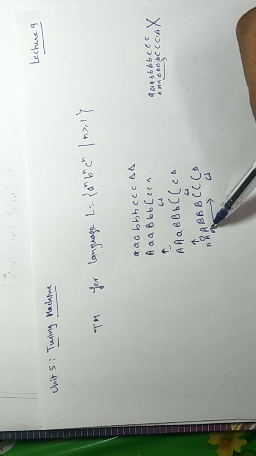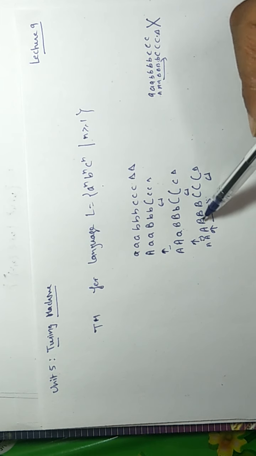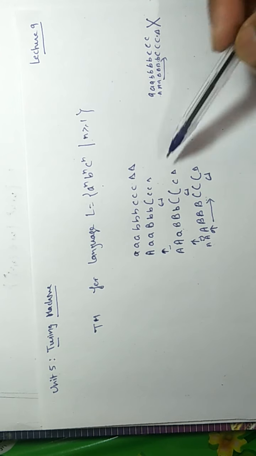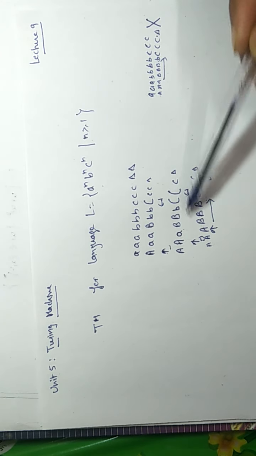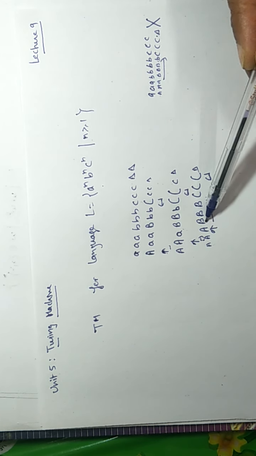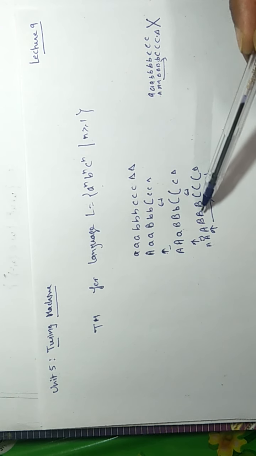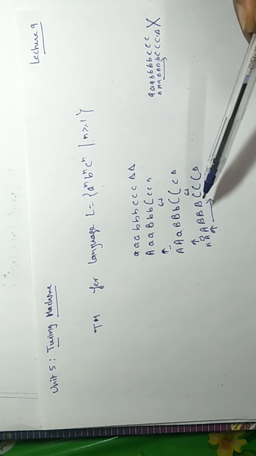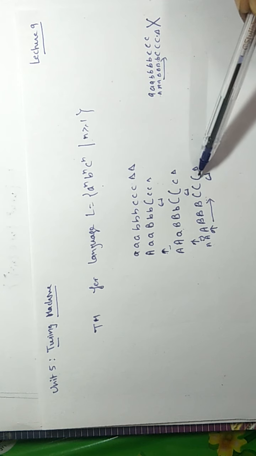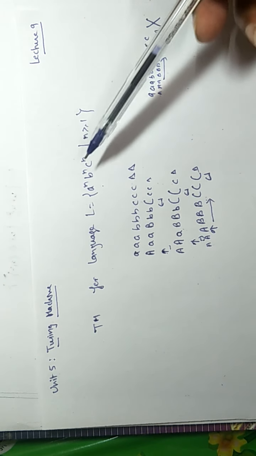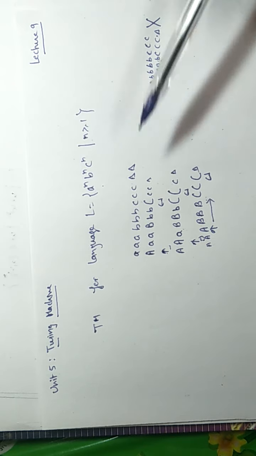By getting capital A and getting capital B at the right of capital A, we are sure that all a's are capital, because we come back till capital A. So the a's are capitals, but till now when we get capital B in the right of capital A, we are not sure whether some small b's are left or all b's are converted. Similarly, we are not sure whether some c's are left or all c's are converted to capital C. So we have to make sure that the count of A, count of B and count of C are the same.